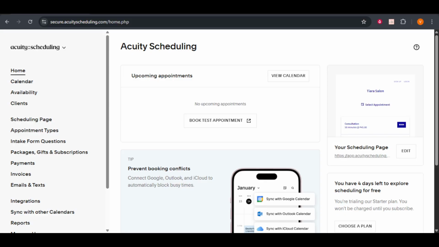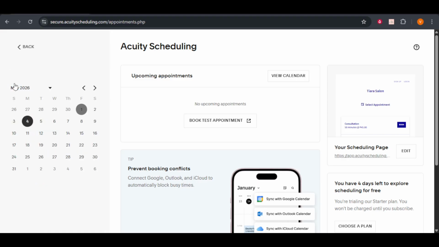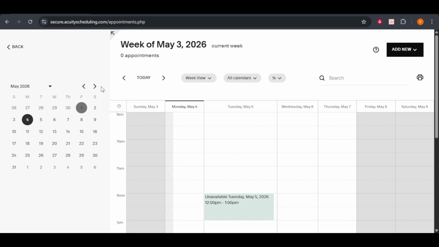First, start by navigating to your Acuity calendar view. This is your main workspace where all your appointments, blocks, and availability are displayed. It's important to get familiar with this view since it's where all the magic happens in terms of scheduling and adjustments. Once you have your calendar open, the next step is to locate the colored block on the calendar that